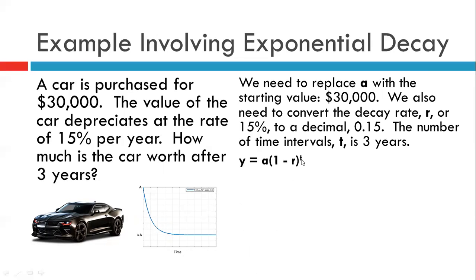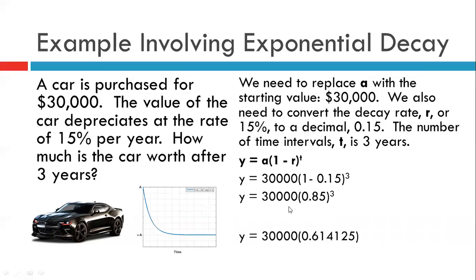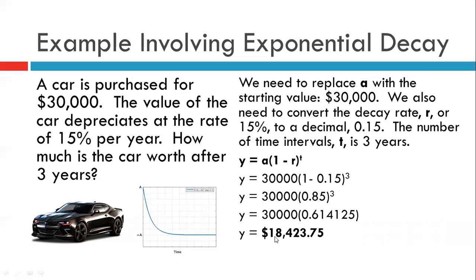Now let's plug in our numbers. A is replaced by 30,000. We replace R with 0.15, and we replace T with 3. Again, we need to start inside the parentheses using the order of operations. As we simplify this, 1 minus 0.15 is 0.85. And now we're going to take 0.85 to the third power first before we multiply. 0.85 to the third power is 0.614125. Let's multiply that now by 30,000, and we'll get this number,